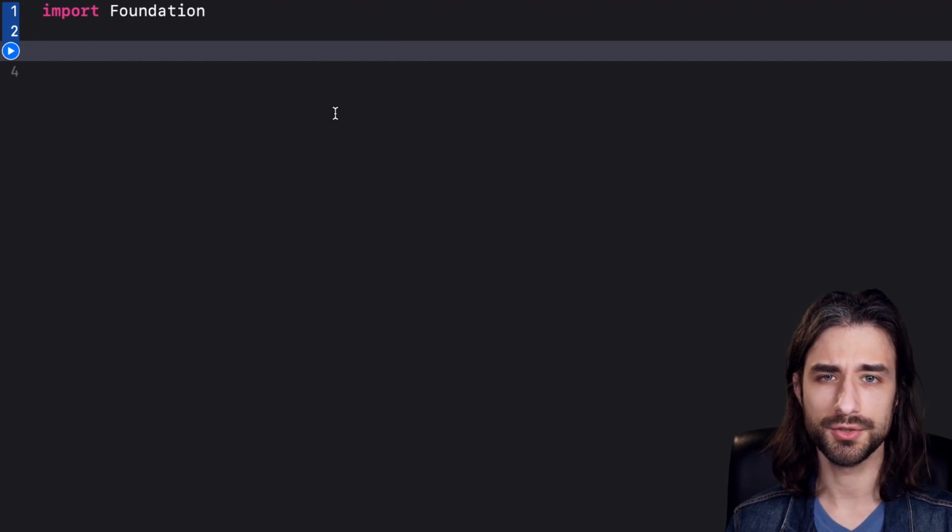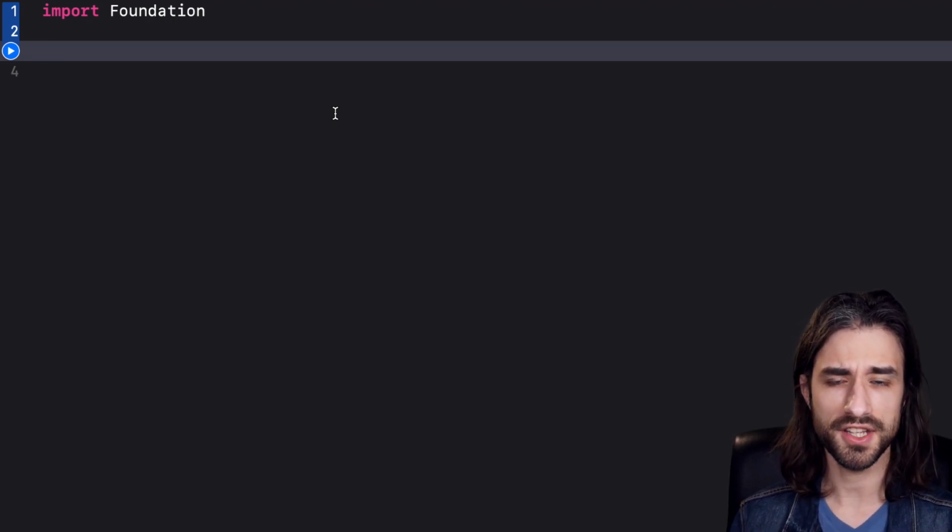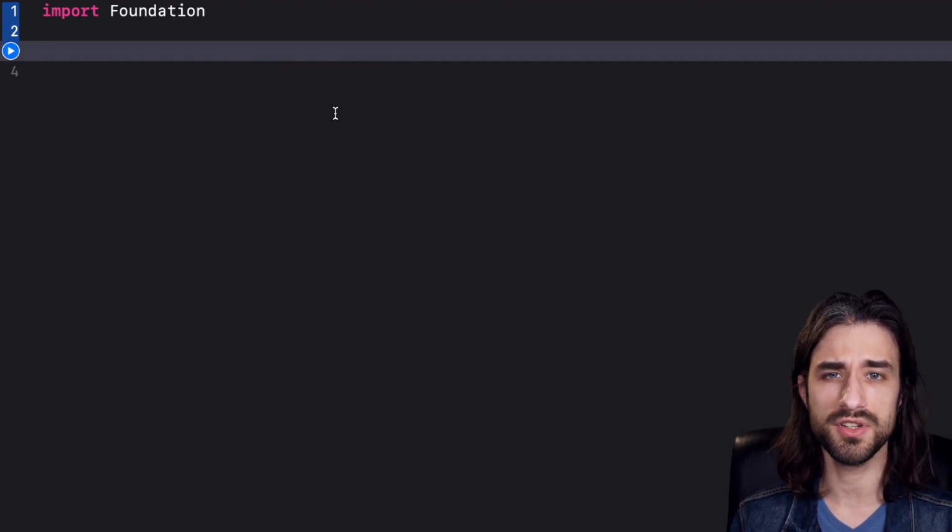Today I want to tell you about a topic that can be challenging to understand, and that topic is type erasure in Swift. Now, when I first heard about type erasure, I had a lot of trouble really understanding how it worked and what it could bring to my code base, and then it was only when I found a particular example that things really clicked for me.